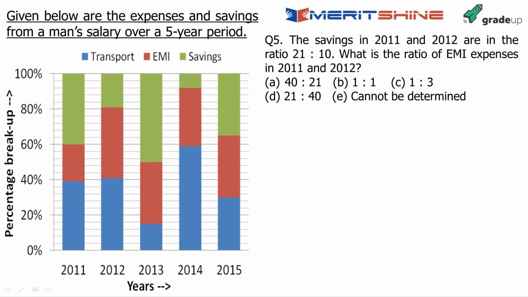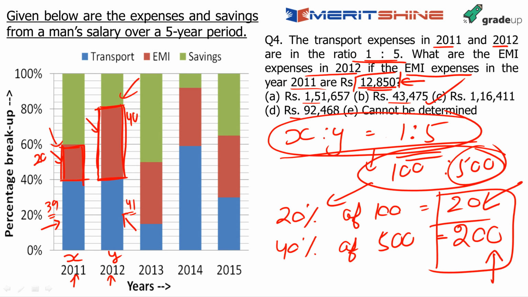This is 1:5. If you look at this number, this ratio is 1:5. And 40 and 40 are equal. So it means the factor of 5 comes directly. After that, look at this 20 and look at this 40. A factor of 2 also comes in. It becomes approximately 10 times. This is 12,850. Approximately 10 times of that would be the answer. The only option possible is option C, and that becomes my answer in this case. There is nothing else in this question.